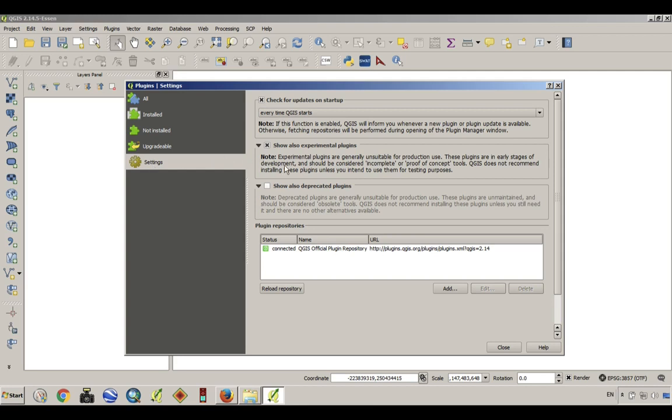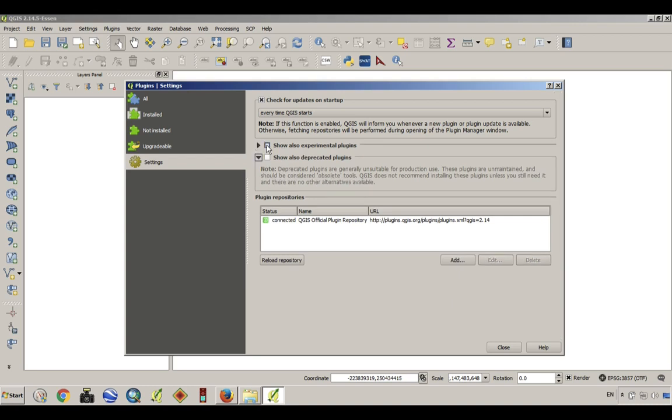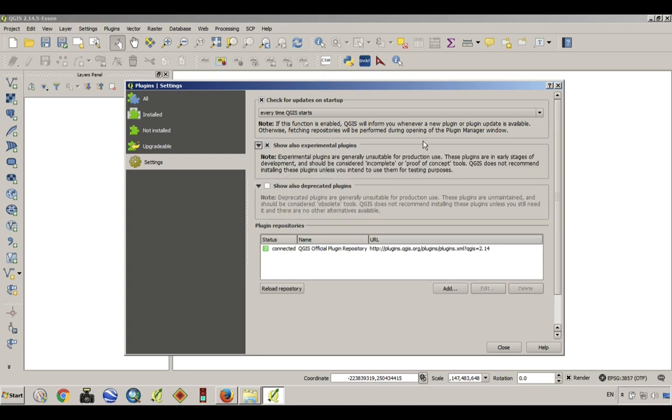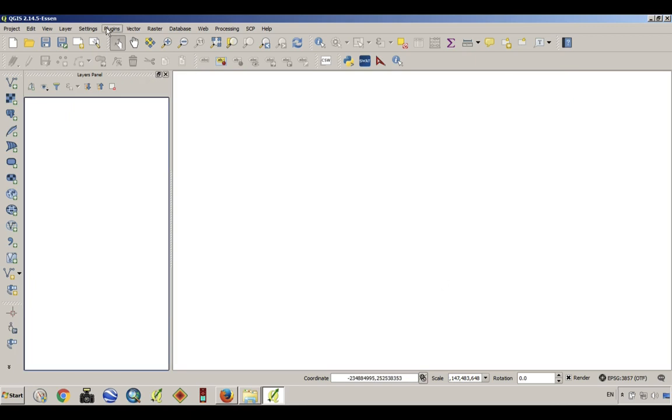One important thing is I show experimental plugins here. If you don't show that, sometimes you don't have access to all of the plugins, which are sometimes useful. But for when it's necessary, we'll talk about this, how to do it. One other thing, in the next section, we're going to talk about installing Google Earth. But if you install something called